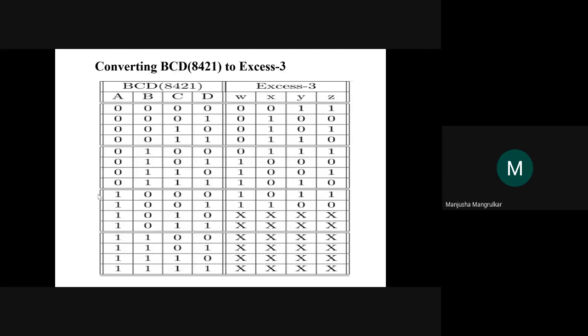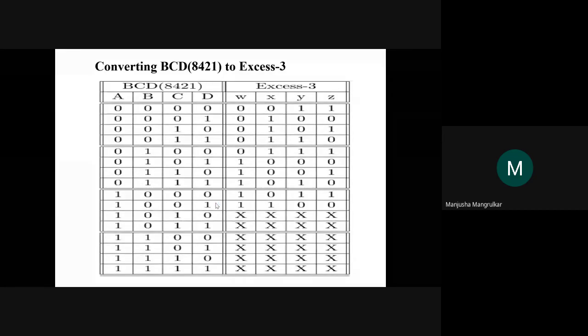Now first we'll see the code converter of BCD to XS3. Now BCD, we know the pattern of 8, 4, 2, 1. This is 1, this is 2, this is 4, and this is 8 as it is. And BCD number is what? This is till 9, right? After that, it won't be a BCD number. It is just till 9, your BCD number.